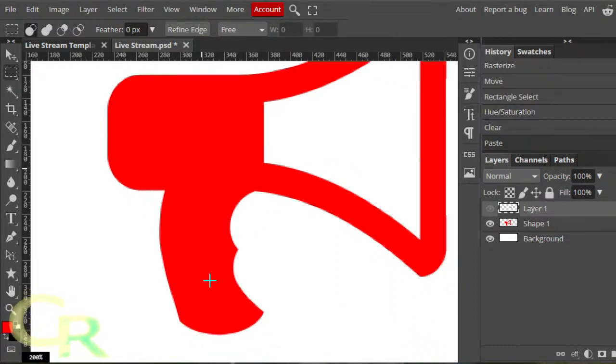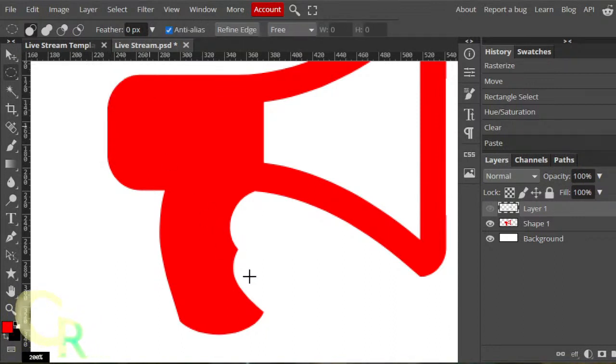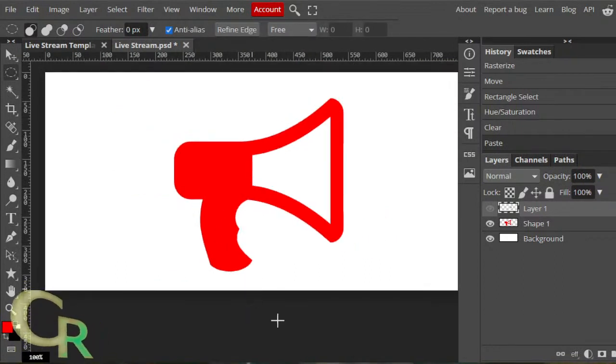So this kind of handle thing, I want to change that up too. Since it's slightly curved, there's probably different ways I could do this. Let's try Ellipse select first. Control minus to zoom out.